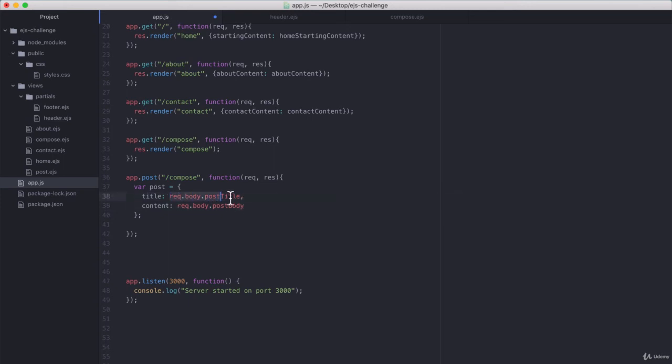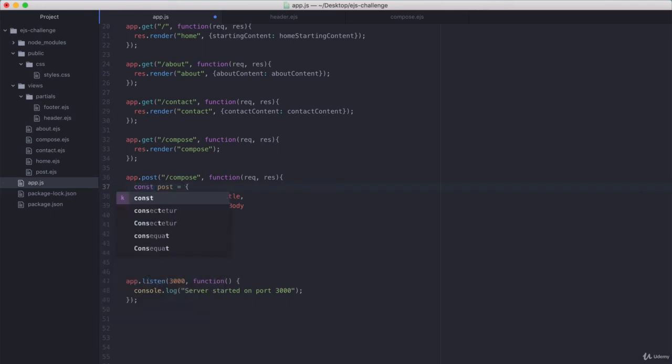One is going to be the title and one is going to be the content. And these values are passed over when that post route is triggered. Now, the final thing to consider is that we mentioned previously that you should try to avoid using vars if at all possible. And the best type of programming practice is to start with the most restrictive type of variable,